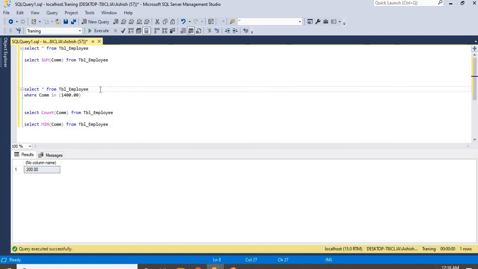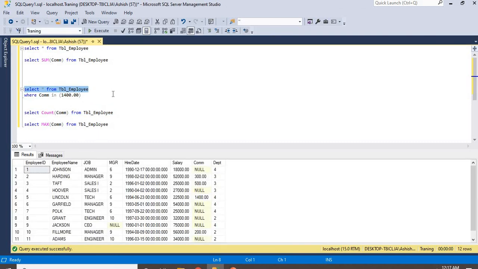Next is max, the maximum number in our data. Next is count, which tells you how many rows there are. You can use count with a star and with a column also. If you give a column and there are nulls in it, they will not be counted. So this is the class for today.